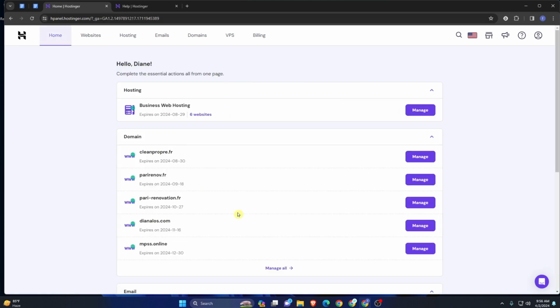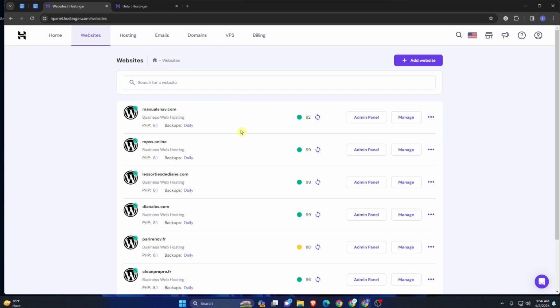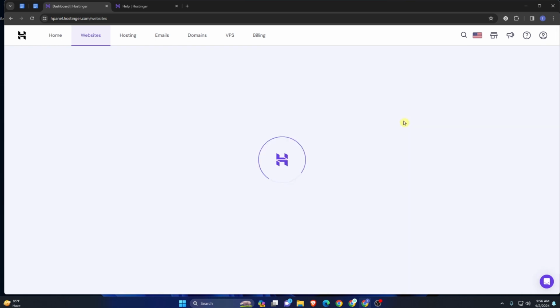Then you will see this type of dashboard, and now on the top bar here you can see website. Click on that and then select your website which one you want to increase the memory limit. Click on manage,